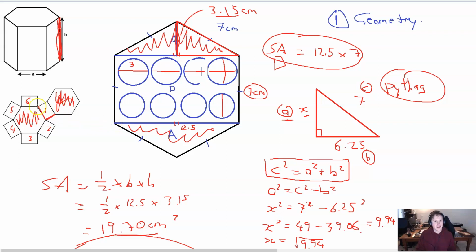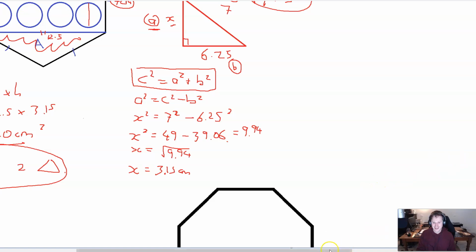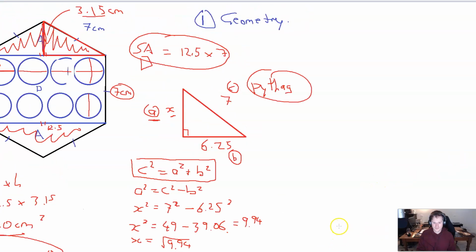Now, to get your volume, it's going to be the surface area of 1 hexagon multiplied by the height. So volume is this multiplied by this, and that's it. Okay. So that's pretty easy, hopefully. Hopefully. Now, if we keep going,